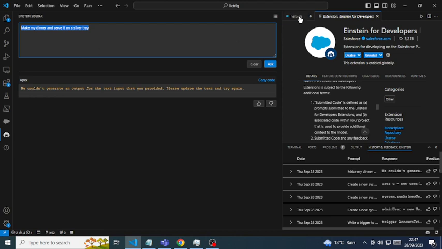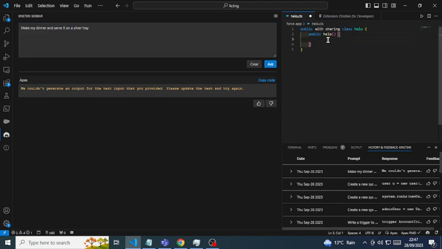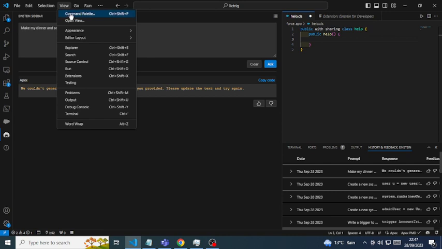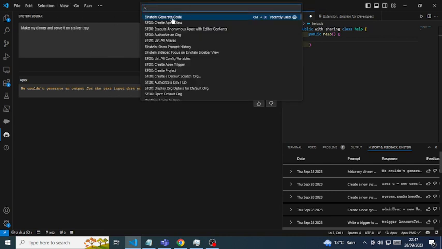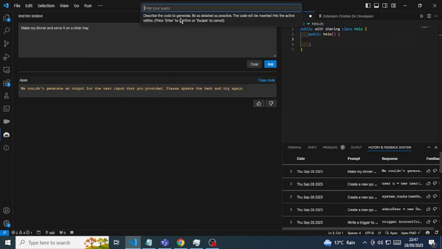There is another way of doing this, right? If you're already in the code, that's where you can use the command prompt, right? So there should be, yeah, this Einstein generate code. So rather than typing in here, you can type it in here. So let's just think up another thing to do. So let's just do query all